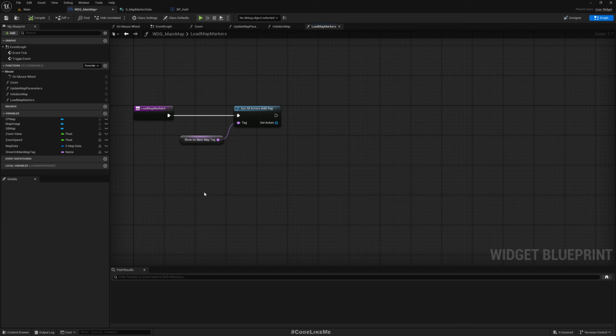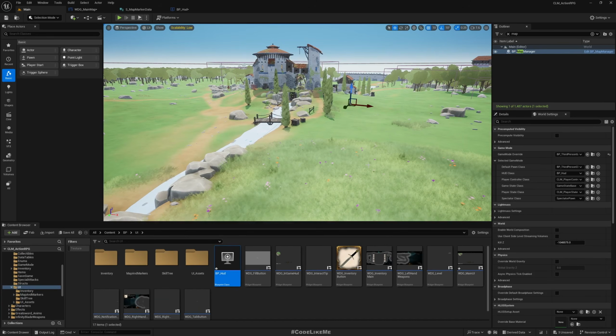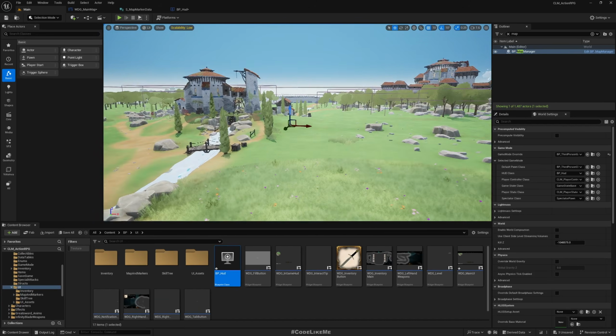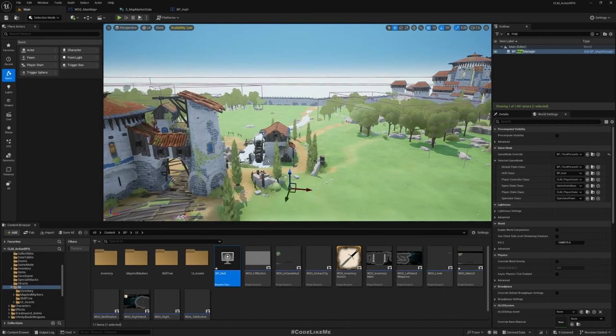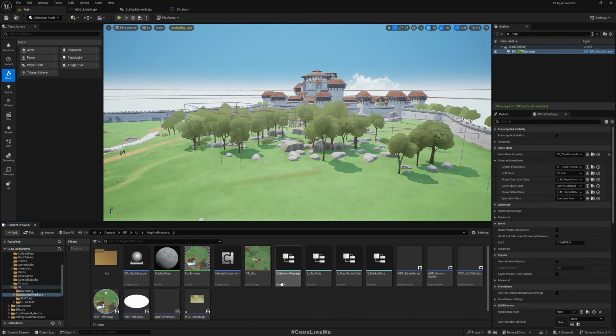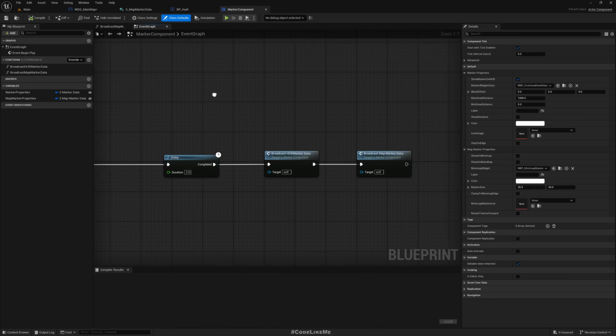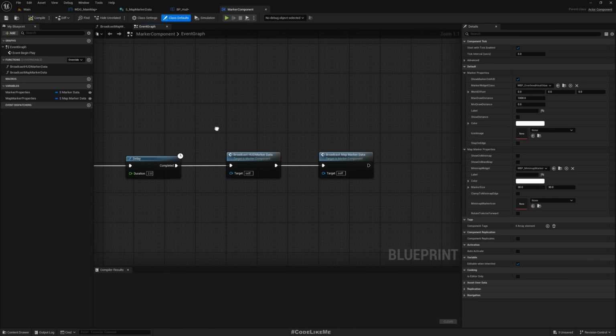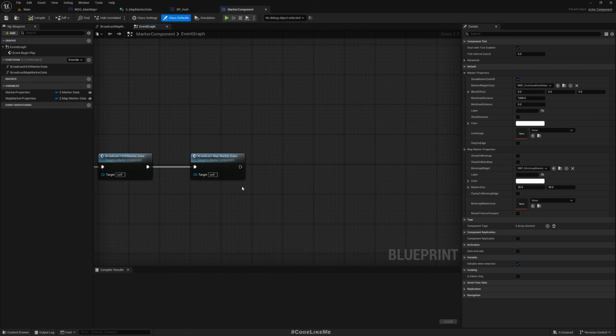So none of the actors would be returned here because I haven't added this tag to any actor. Therefore, here, let's say the first, I have this marker component, and here in the begin play, okay, well,